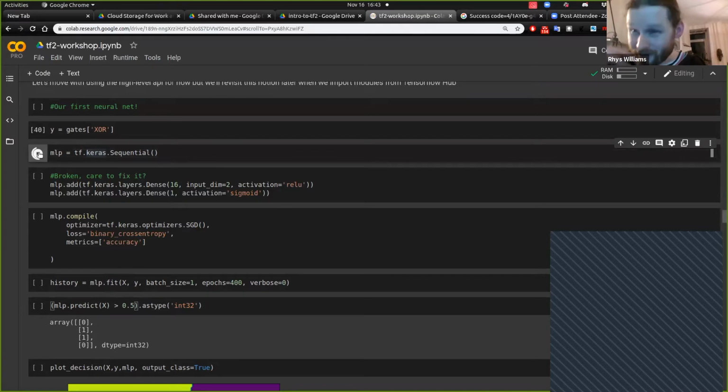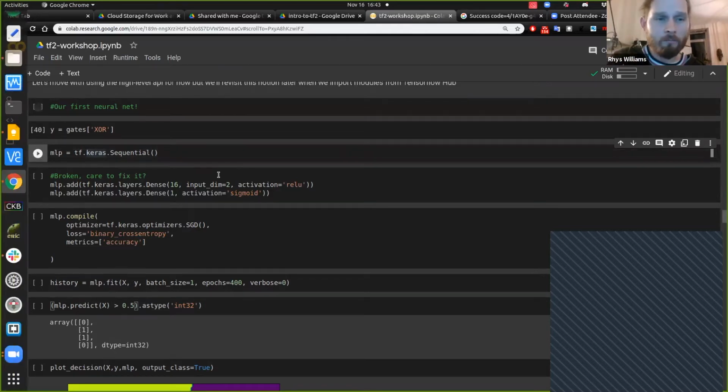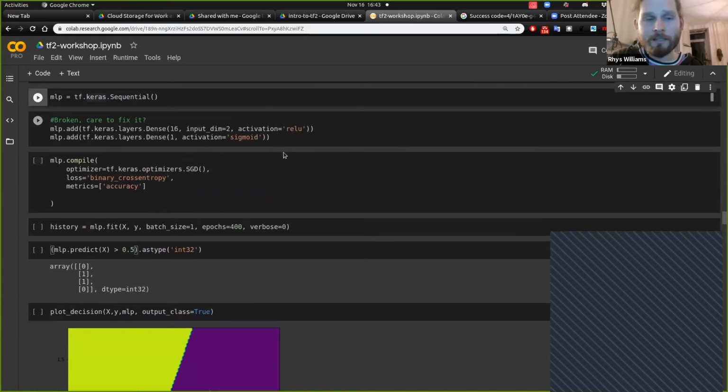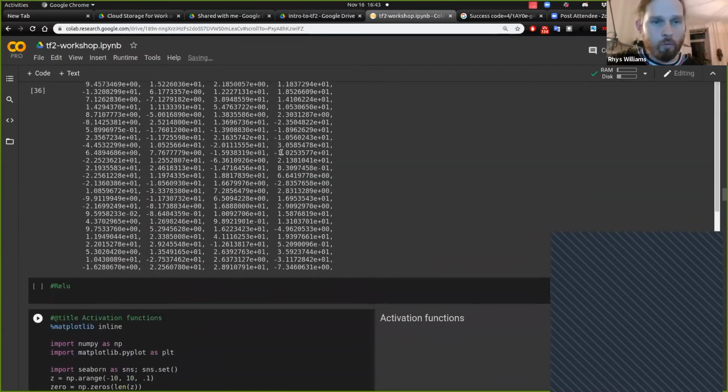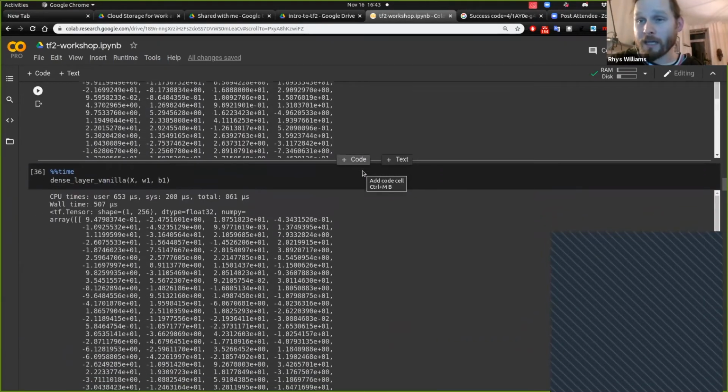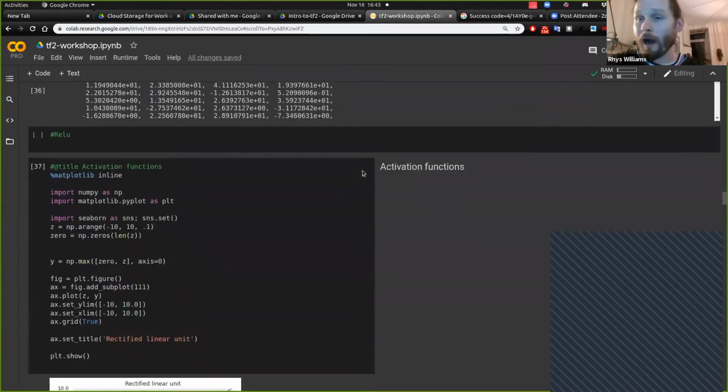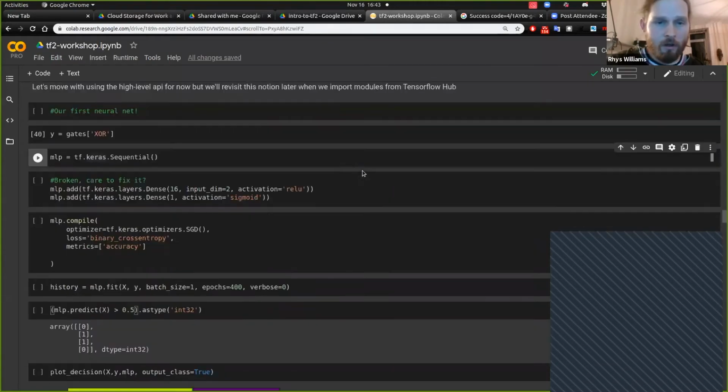So we're going to stick with the sequential API this time. And what we're actually going to do is kind of what we were doing already, right? On a low level, we had this matrix multiplication, weighted inputs to our activation function. But all we've got to do now is go mlp.add, and I'm going to get you guys to do this in a second. And then we're just going to add a dense layer. And here we're just going to have 16 nodes on our hidden layer, and our input dimension is going to be 2